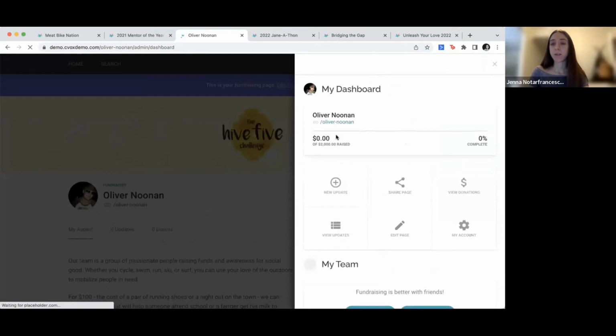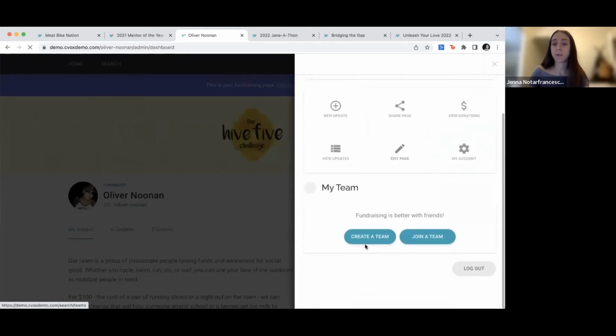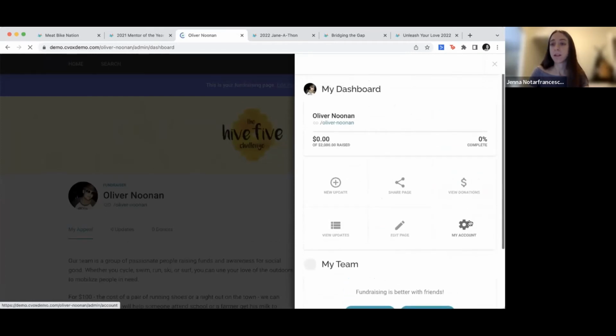And as you can see, they'll be able to see the progress of their donations. They'll also be able to create a team page or join an existing team page and see that right there in their dashboard. So typically when it comes to peer-to-peer fundraising, the idea is to make it really easy for folks to just